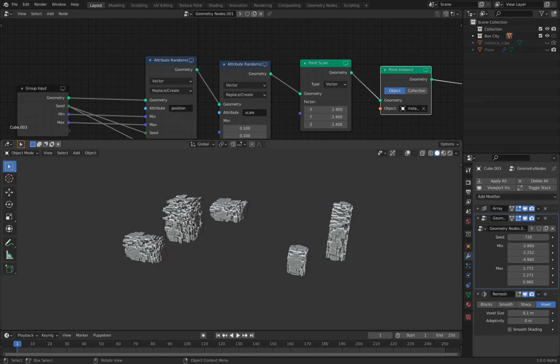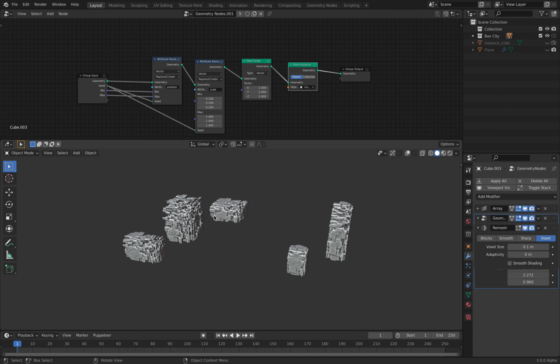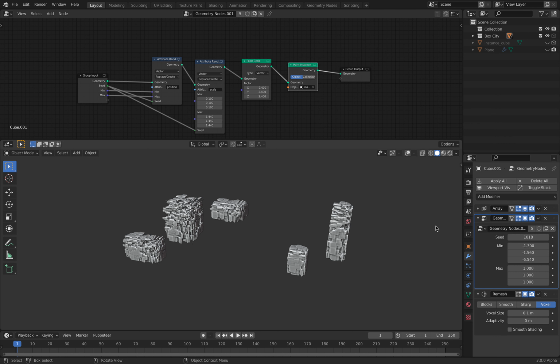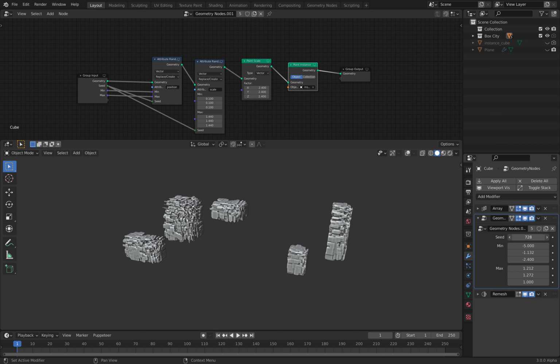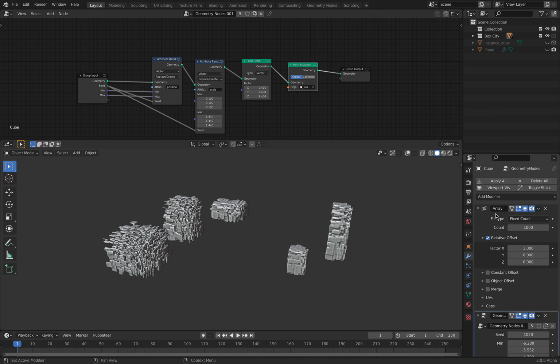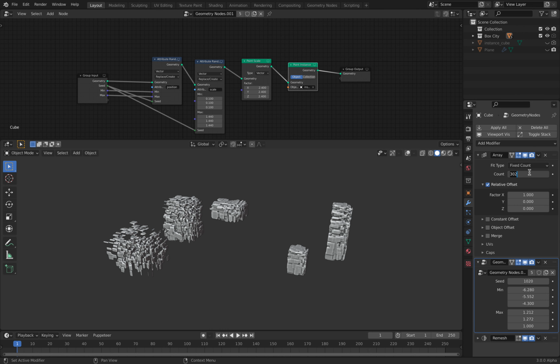Okay, so this smaller building is made up of geometry nodes, and each one of them can have a slightly different seed, and also I can control the minimum and maximum position of the box. On top of that, there's also an array, so each one of them is based on this array of points. So I can specify, okay, you're based on 20, for example, or more count of boxes,